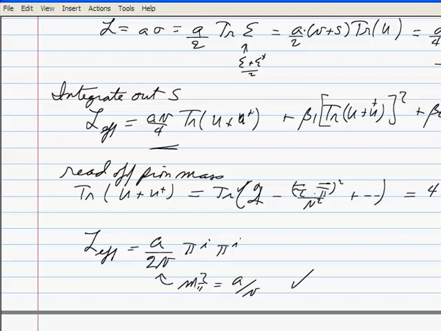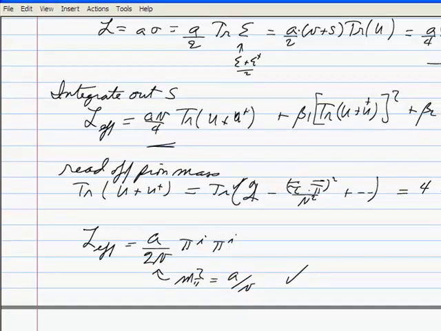It's actually much easier to do it this way. If you did the calculation the other way, it wasn't worth doing. But